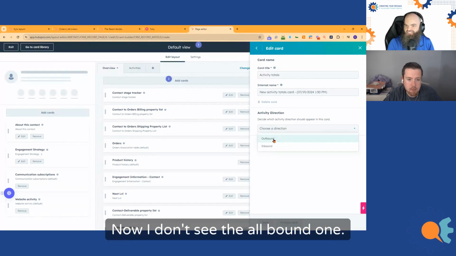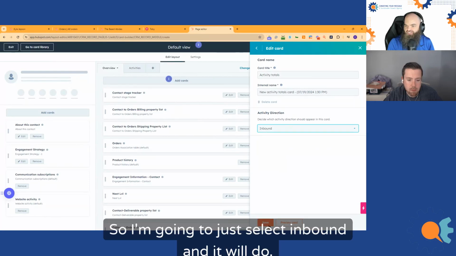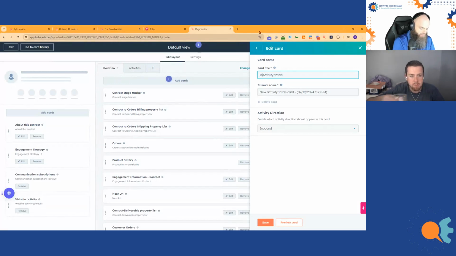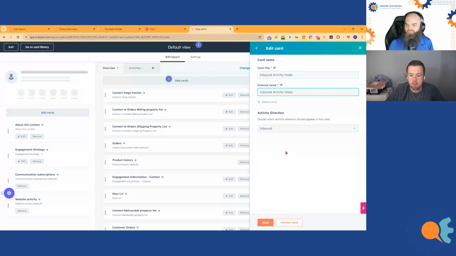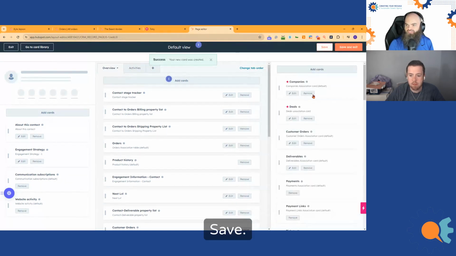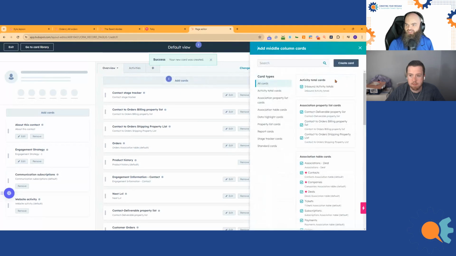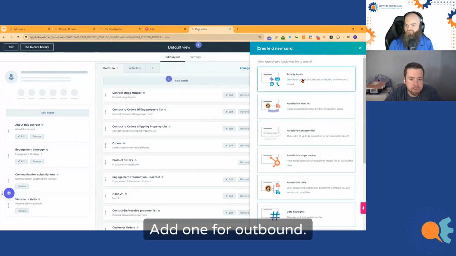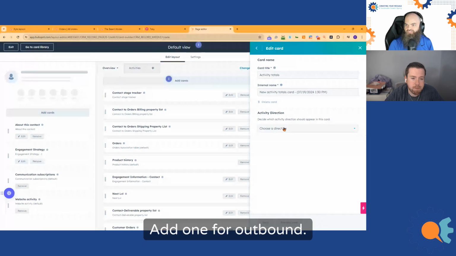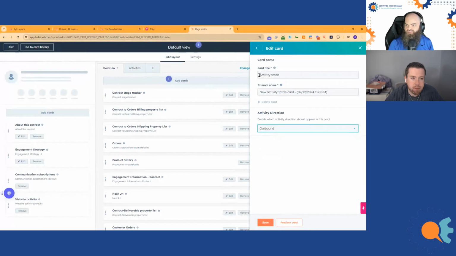I don't see the all-bound one, so I'm just going to select inbound, and save. Then I'm going to add one for outbound, just so we can see outbound activity totals.